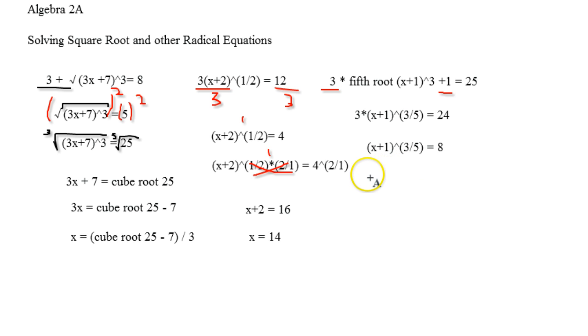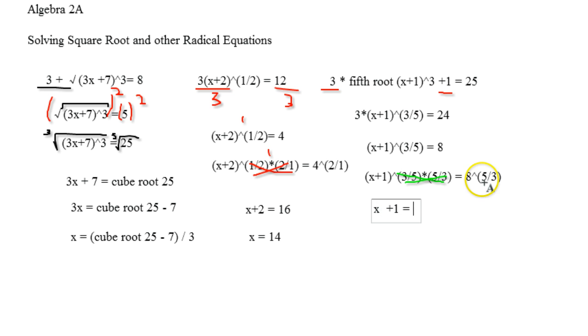Now in order to simplify this even further, it's going to be (x plus 1) raised to the 3/5 times the 5/3. I just multiply by the reciprocal. I just raise each side to the reciprocal power. And then I'm going to do the same thing over here, so this is going to be 8 to the 5/3. Once again, these cancel each other out to 1s, and I'm left with x plus 1 equals